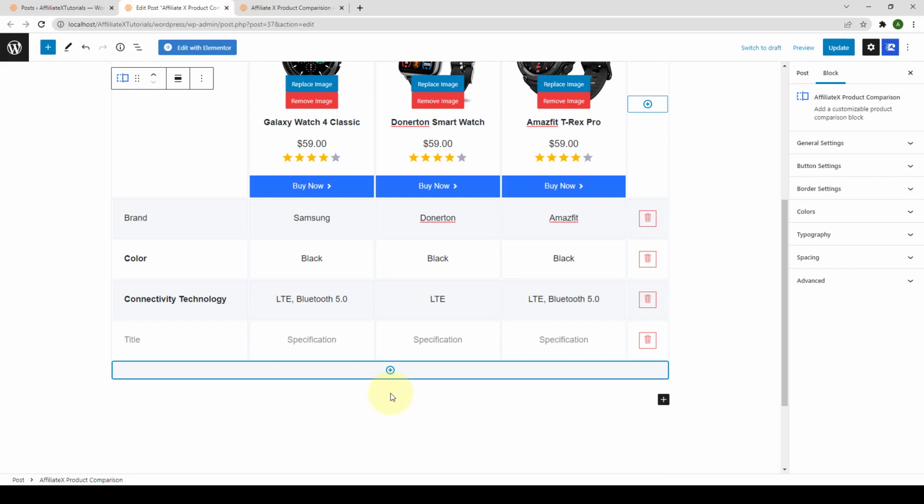If you want to add yes or no specifications, like for example, if you want to add in water resistant yes or no, then you can also do that. So let's add in the title first here. Simply click inside the specification box, then you will find tick marks and cross icons that you can make use of. So for example, if this particular product is water resistant, then you can select the check icon. Similarly, if this product is not water resistant, then you can select the cross icon.